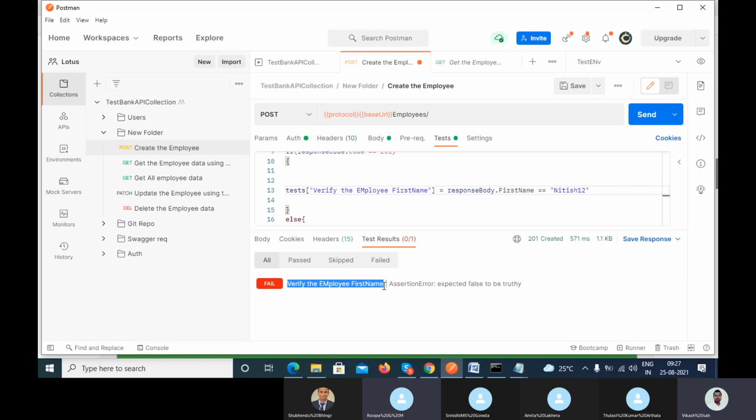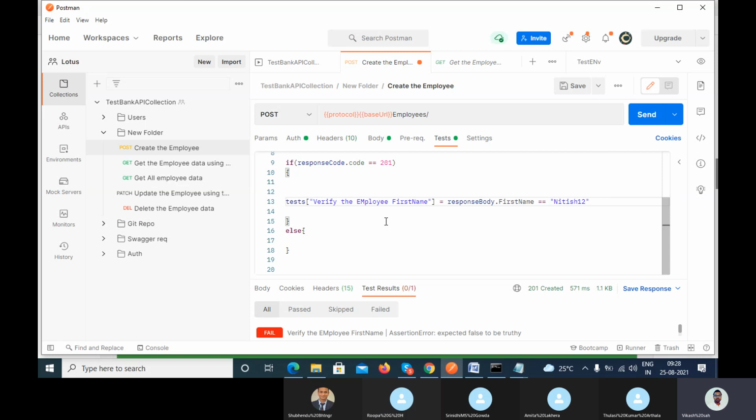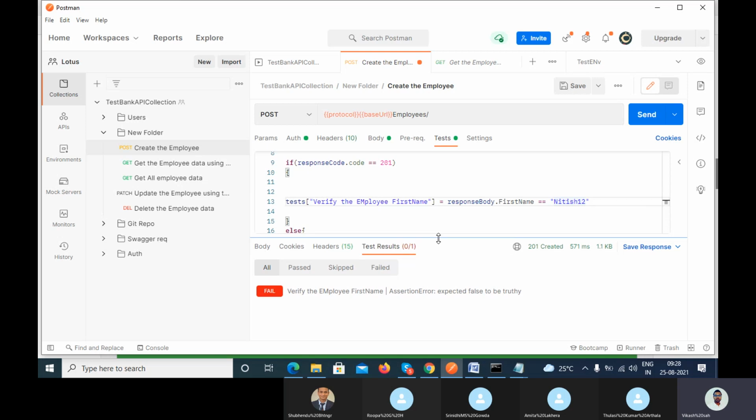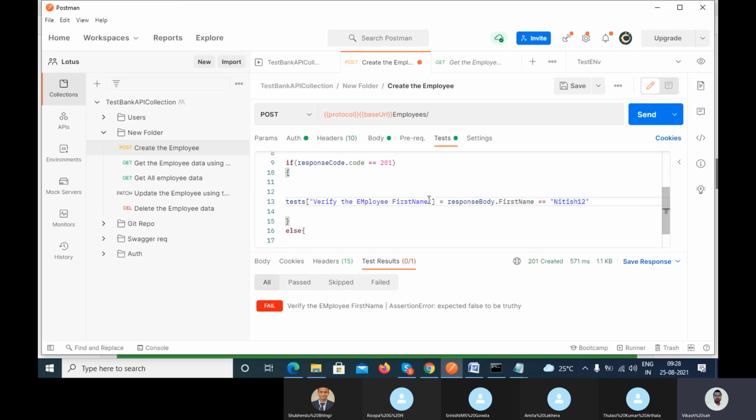See, I'm getting the same message. I want a different message when it is a failure. Can that be done? Okay, so you need some different message. So what do we have to do in that case? In the case of pass you get this message, in the case of fail you want some other message, right? So in that case, if you write it here,